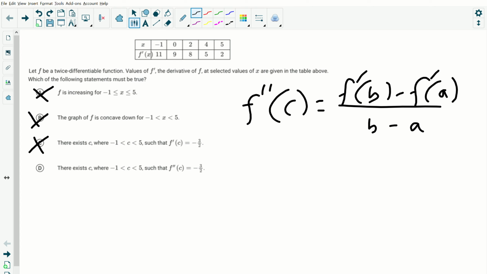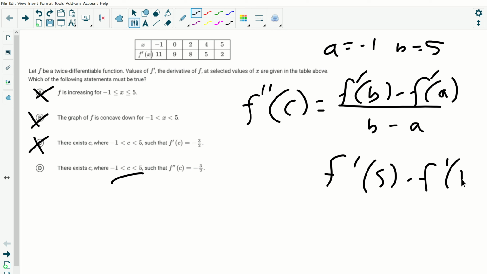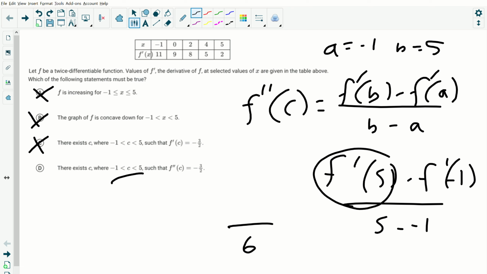If we let a equal -1, and b equal 5, as indicated in the interval there, then this would say f prime of 5 minus f prime of -1, over 5 minus -1. My denominator is 6, and looking at my table of f prime values,